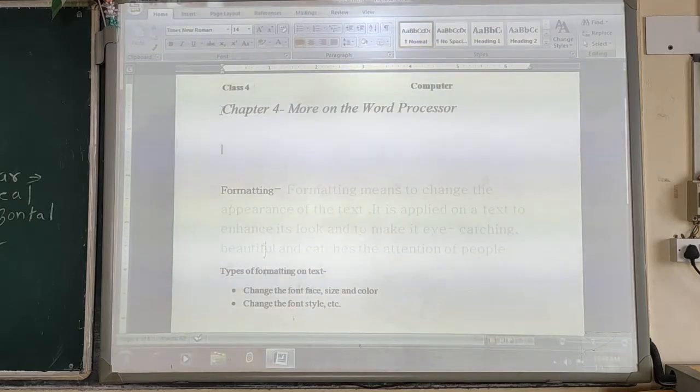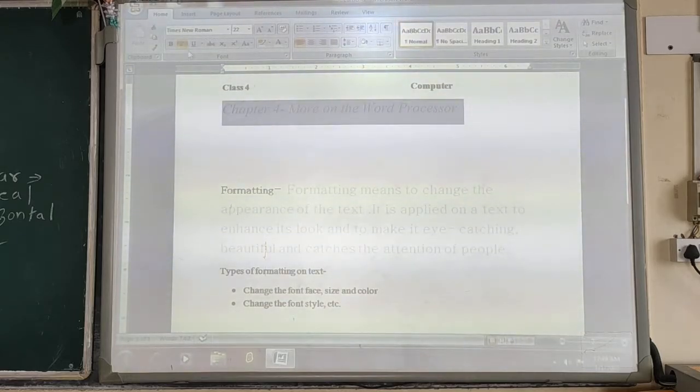Okay, and the third option is using the underline feature. For this, first of all select the text and click on the underline option.